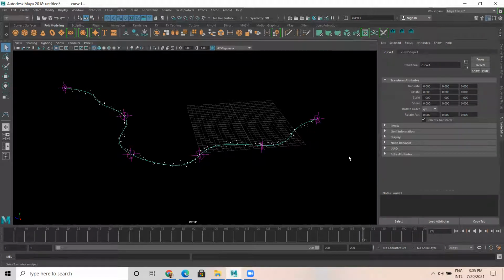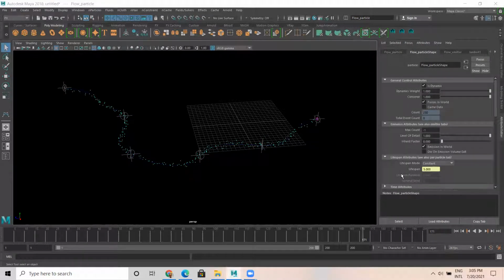It's like we are defining to the particles where they have to start and where they have to end. There are a lot of things which we can do here, wherein I can select these particles and change the particle definitions.